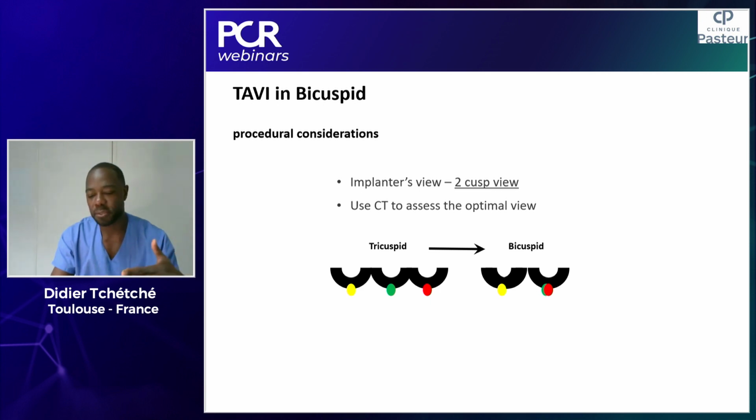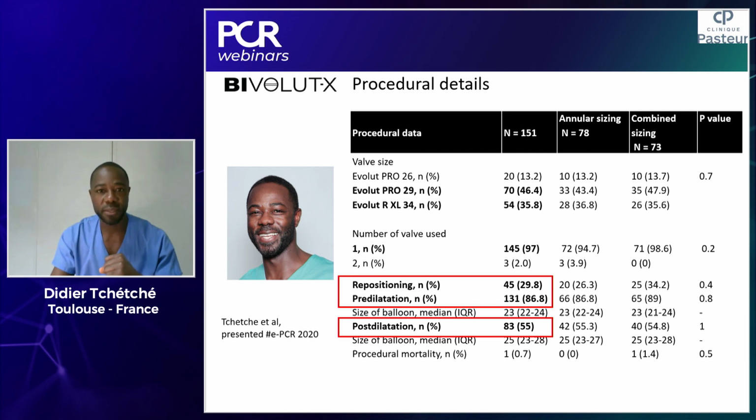We're dealing with a bicuspid patient, so we need to find a two-cusp view similar to the cusp overlap projection. This is a type 1 left to right bicuspid valve, so it's very easy, RAO caudal, to get that cusp overlap two-cusp view. What we learned from the Bavolut X registry, focusing on the self-expanding platform, predilation in the vast